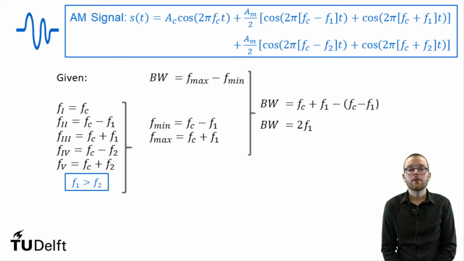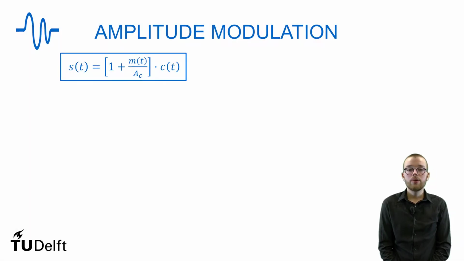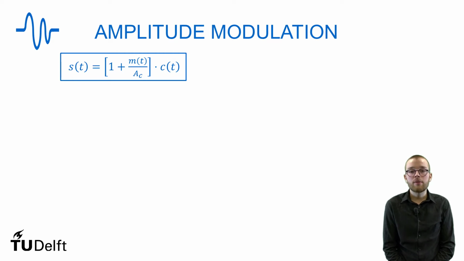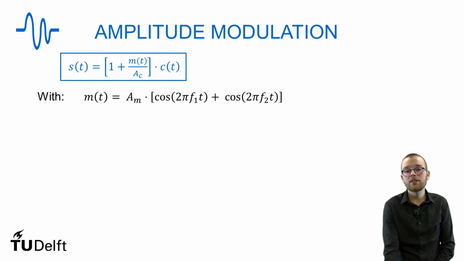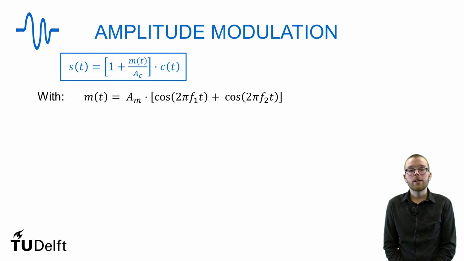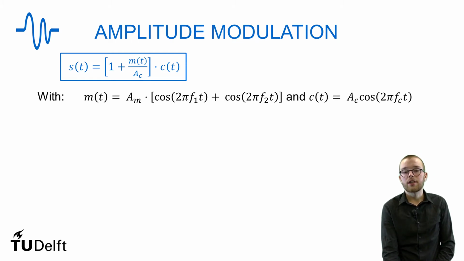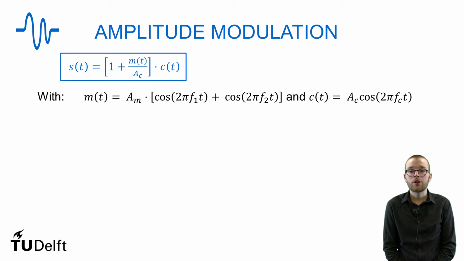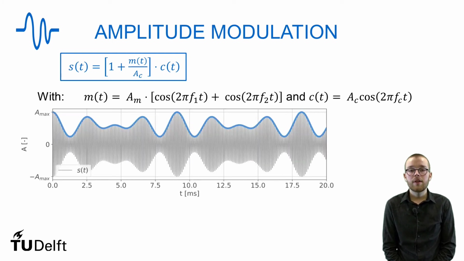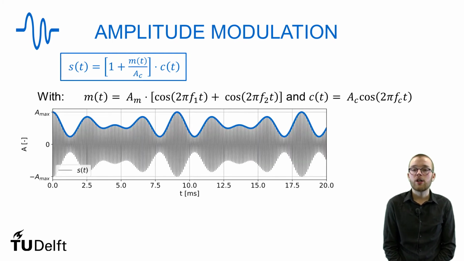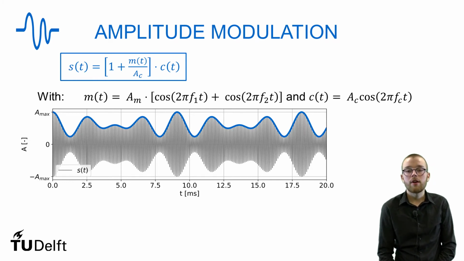Let's recap what we have found in this worked example. We have shown that the amplitude modulated signal is given by the following formula. Here m(t) is the modulating signal, and we have taken a look at the modulating signal consisting of just 2 tones. Furthermore, c(t) is our carrier signal. Our carrier signal is a simple cosine with frequency Fc, which is much higher than the frequencies inside the modulating signal. If we plug the equation into the formula above and plot this, we can finally find that our AM signal of our simple song looks like this.